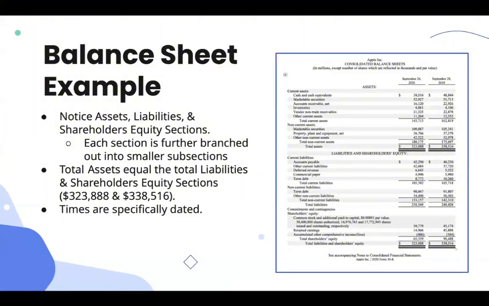Now that we understand the structure and importance of a balance sheet, let's take a look at an example to see how everything comes together. As you can see, the balance sheet is divided into three main sections: assets, liabilities, and shareholders' equity. Each of these sections is further broken down into smaller subsections that provide more detailed insights into a company's financial